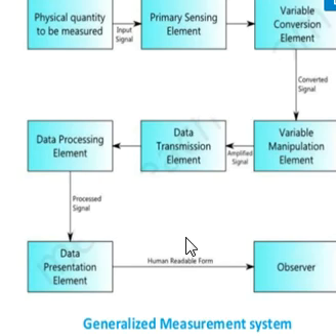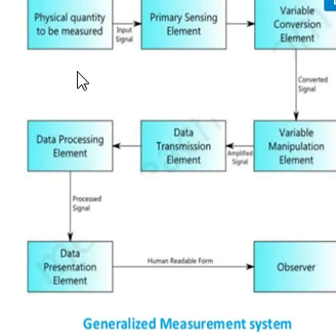Suppose there are some instruments we have already made for measuring temperature. We made thermometers. For measuring speed we made speedometers. For measuring pressure we use different pressure gauges, and for every other physical quantity which we have to measure, we made some instruments. Those instruments have some 6 to 7 elements, and how those elements work and how they are arranged we will see in this video.